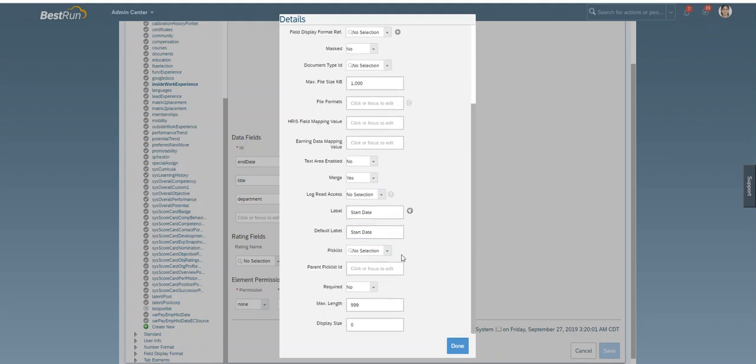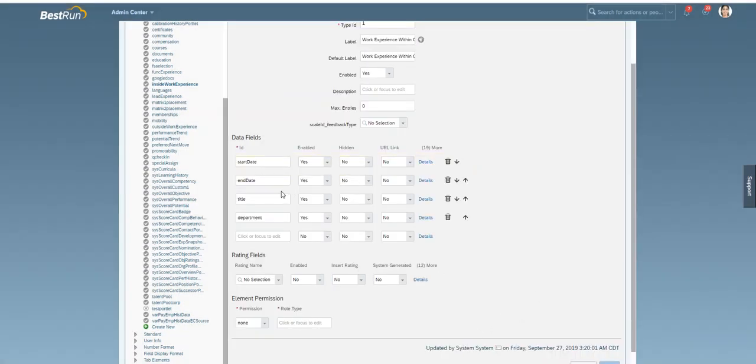Again, if you are making a field a pick list, it is mainly used for providing the drop down values for a field. So if you don't want to update the drop down value, or if you don't want to link any pick list, make sure it is no selection over here. And that's it. So in a similar way, you can create n number of fields over here if you want to create a custom field. All these are the standard fields, but if you want to create a custom field, you can give the ID, any ID from your side,